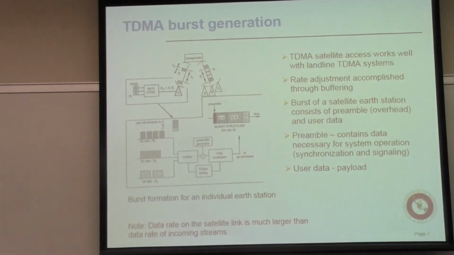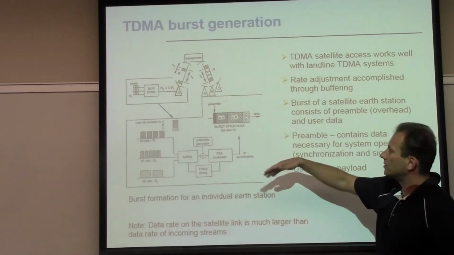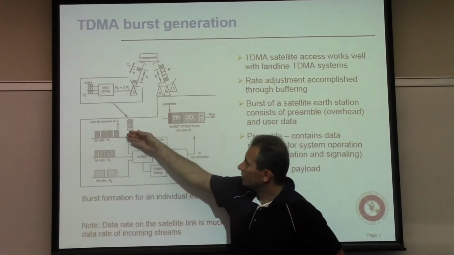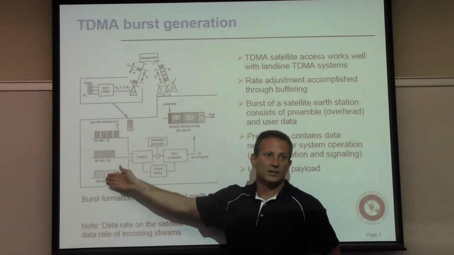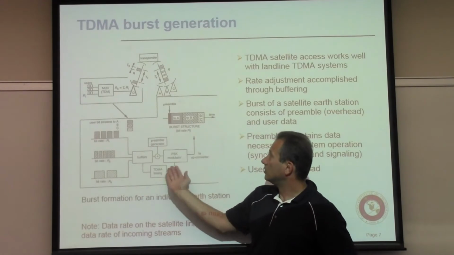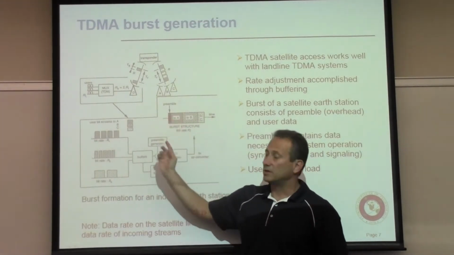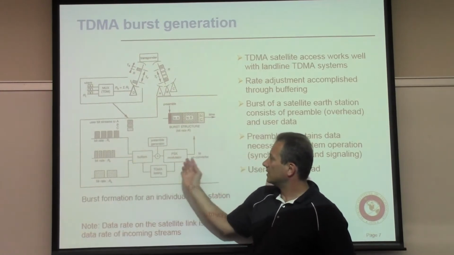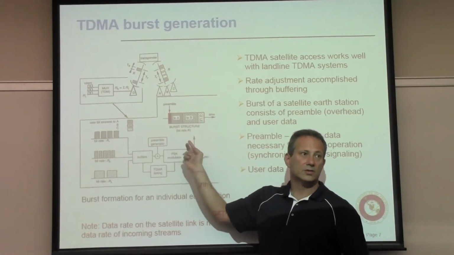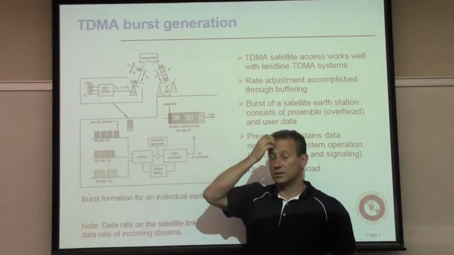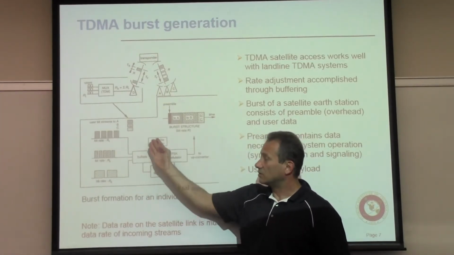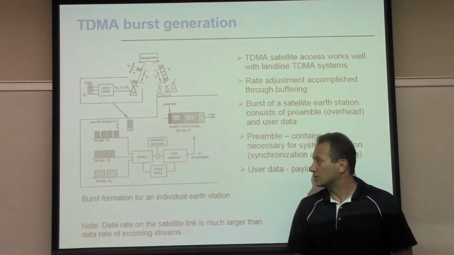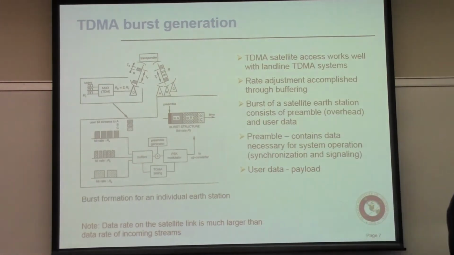Now, since you have all of this data streaming from various locations, there is a need for rate adjustment, and that means that the aggregate sum of all of these data rates coming in has to be equal to the data rate coming out. So that means if these are the streams, let's say, 64 kilobits per second, then the overall data rate on this link has to be much higher, right? Because it cannot accumulate the data here. Everything that comes in has to come out, kind of like a version of a KCL, if you remember second theory,